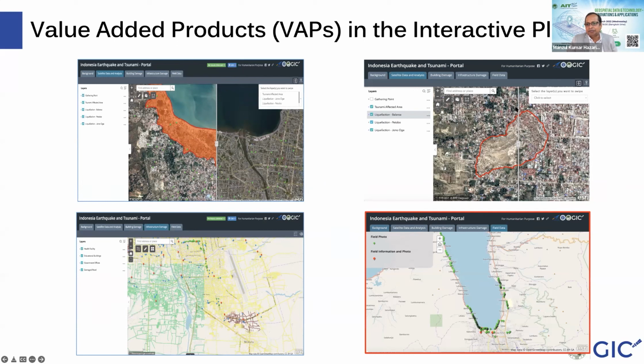On the right side, upper side, you can see liquefaction. You see all the buildings completely gone because of liquefaction due to earthquake shaking. Basically, as many of you know, if the groundwater table is high and the soil is soft, then because of shaking the whole area becomes like mud and everything is gone. Below, you can see some of the infrastructure damage we have identified, and along the coast we could take photographs from our field survey with our local partners.